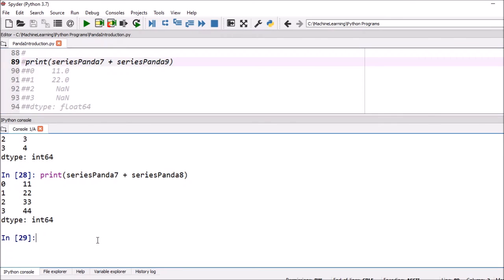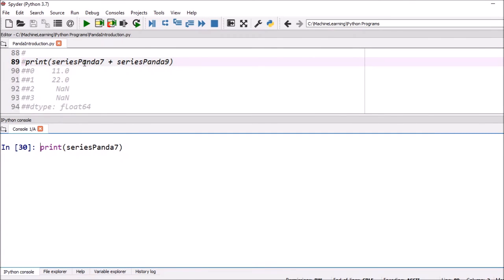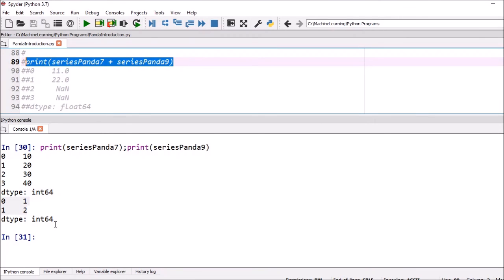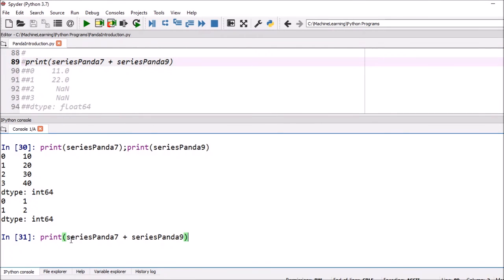Now suppose we want to add series 7 and 9. Before that, first of all, you just see the data of these two series. In 7, four data are there, 10, 20, 30, 40, and in 9, two data are there, 1 and 2. If you add these two, the number of data is not the same.